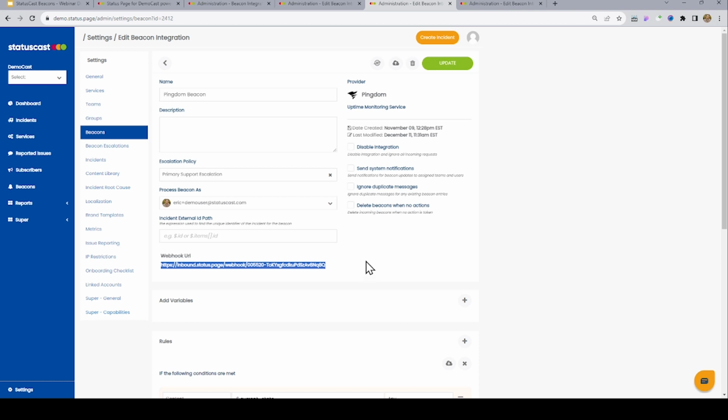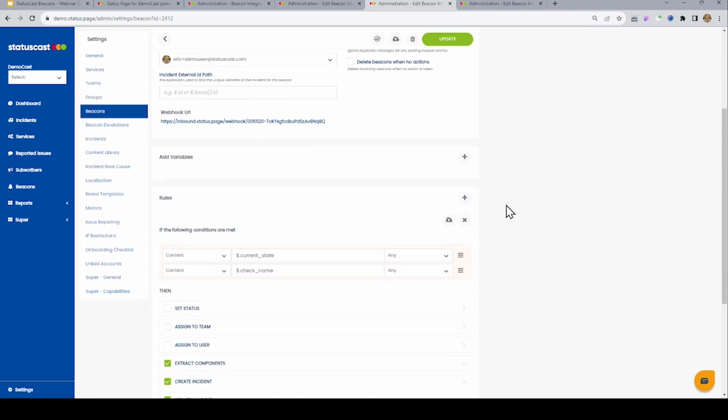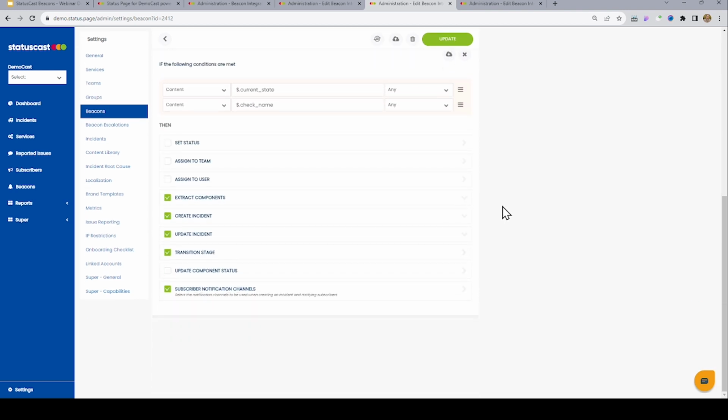Now, all of these integrations, whether it's observability, Pingdom, or New Relic, or ITSM like PagerDuty or Grafana or ServiceNow, all of these systems are going to operate off the same general idea that once they detect something, they want to alert someone. And StatusCast simply just needs to be part of that chain of someone's where we're ingesting your data. From there, we can scroll down and we can see some rule set evaluations that we can define